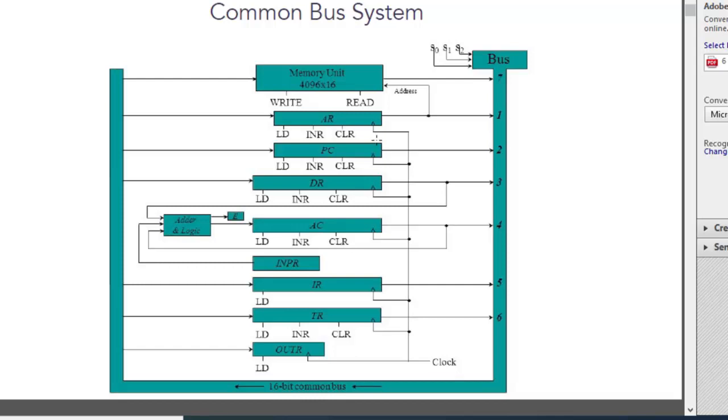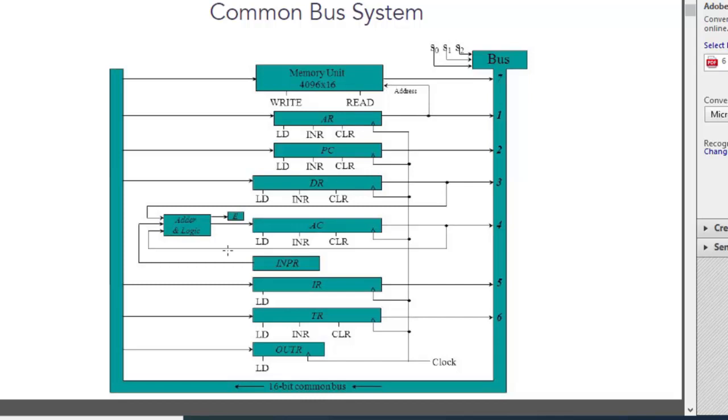So here you can see that a common clock pulse is being applied to the output register. Then it is applied to the temporary register, then the instruction register. It is not applied to the input register, because in the case of the input register no clock signal is needed, as the input is to be provided by the user. In the case of the memory unit the clock signal is not applied because the address register input is going to the memory unit here.